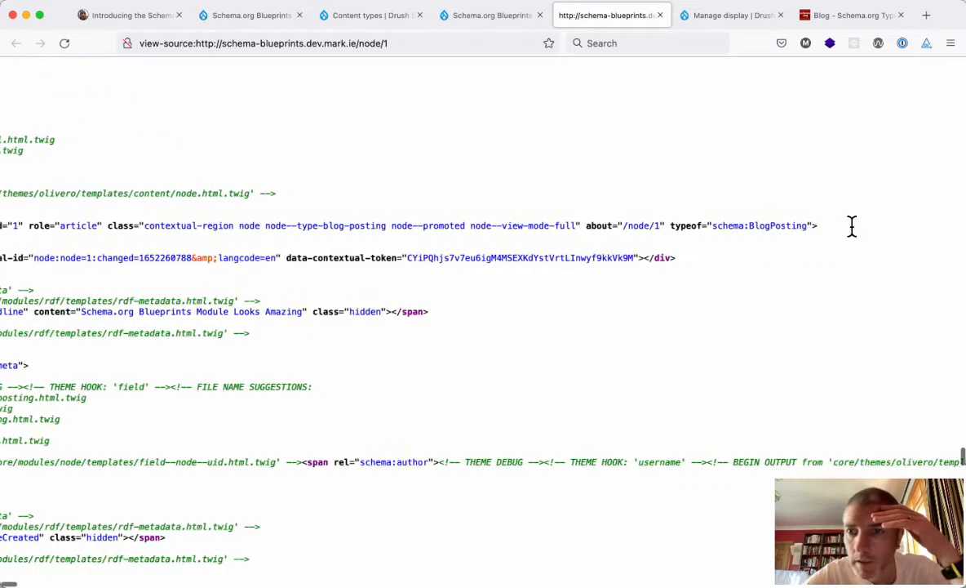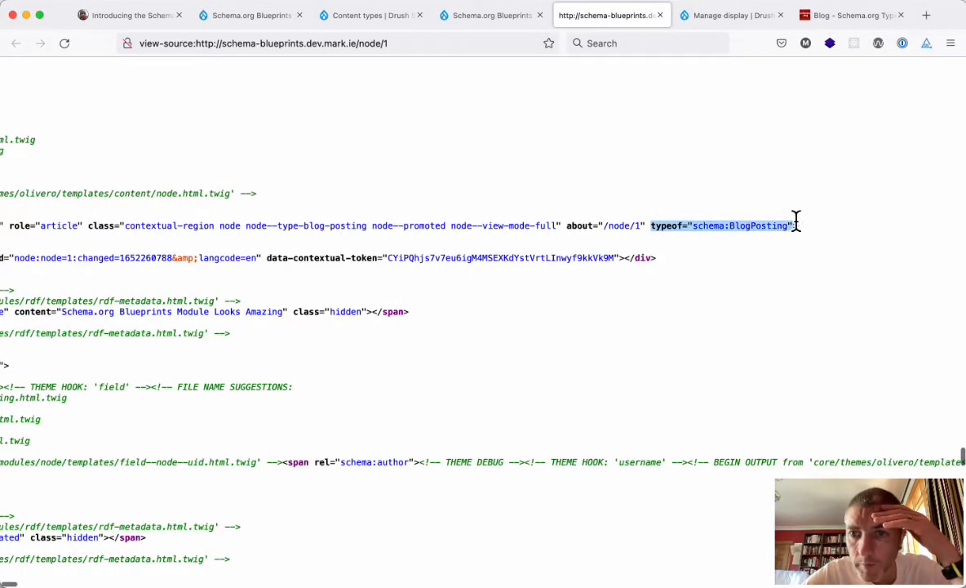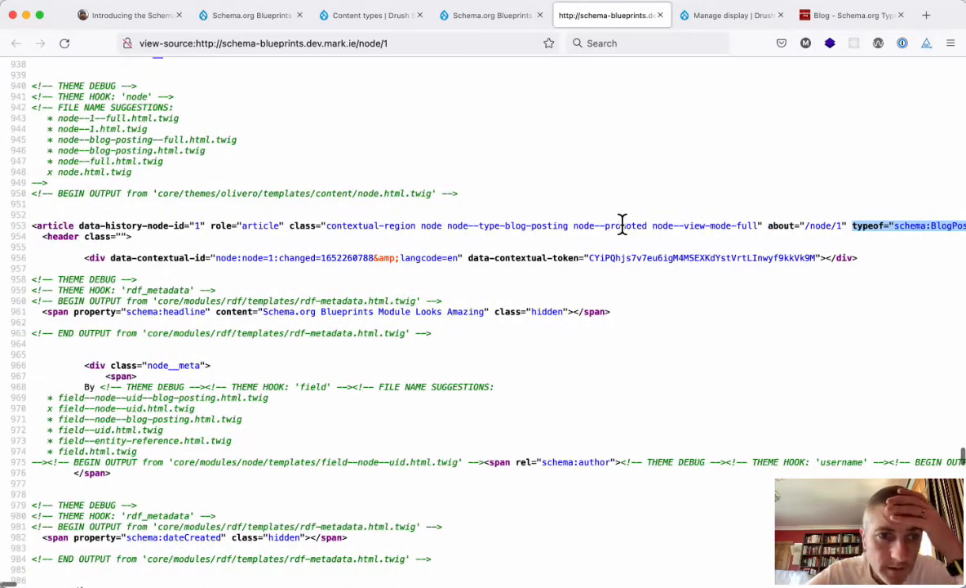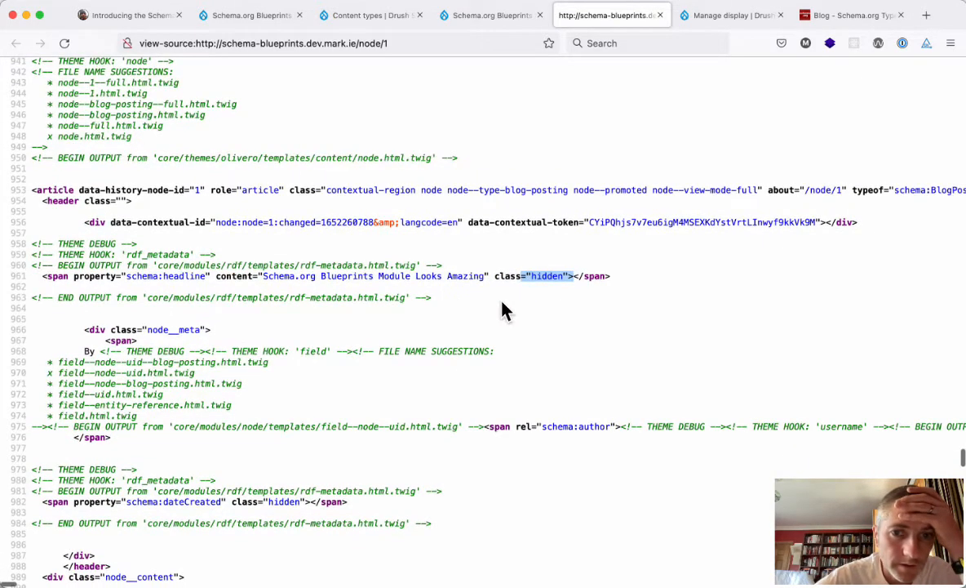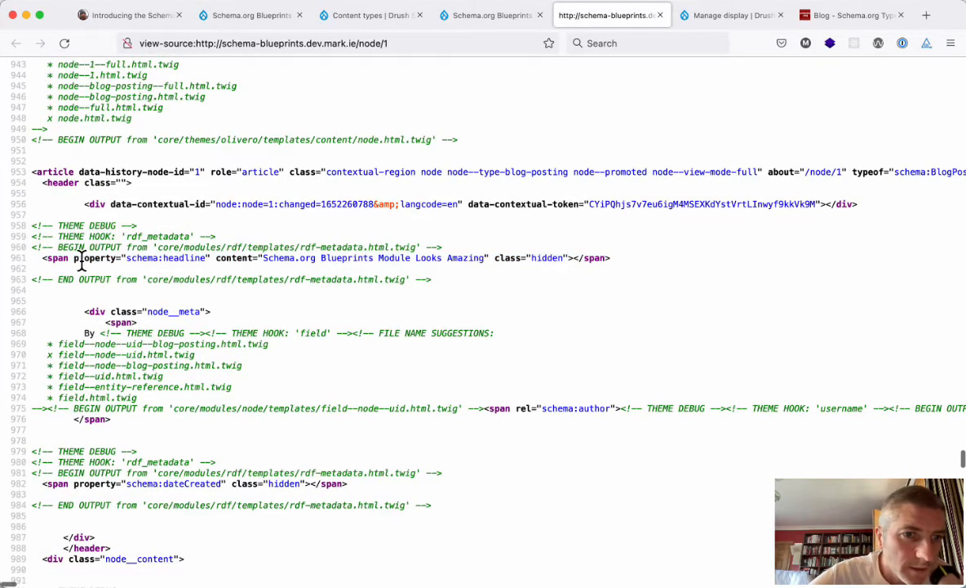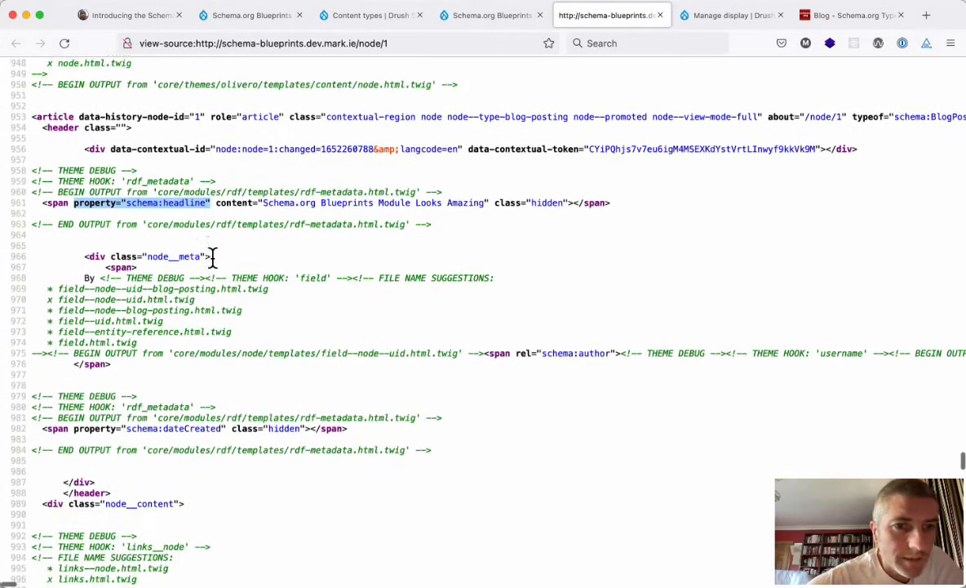Type of schema BlogPosting. Hello SEO. How are you doing, my friend? What else do we get? Nothing in here. Here we go. Property schema headline. Content: Schema.org blueprints module looks amazing. Class hidden. Okay, that's just a hidden span here with some more SEO juiciness, things that help Google and other search engines and bots to understand our data and present it